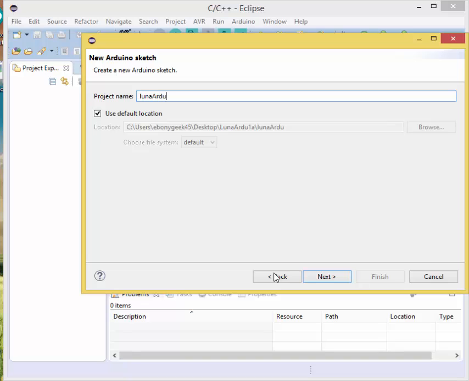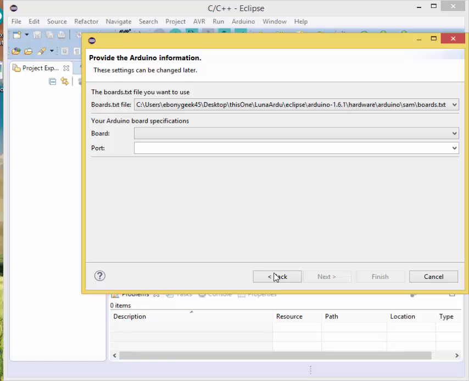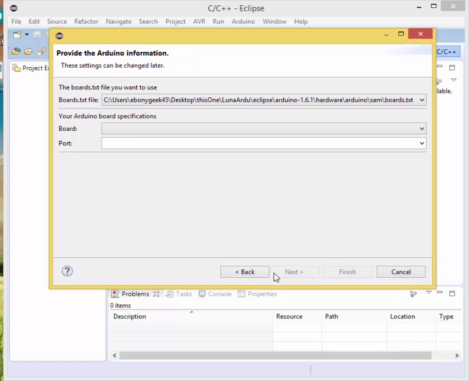Ardu TS for test sketch 1. That's a little bit long, but we want it to be descriptive so we know what we're doing. In this case, like I said before in the other video, we want to see if we did it right. So we do have our